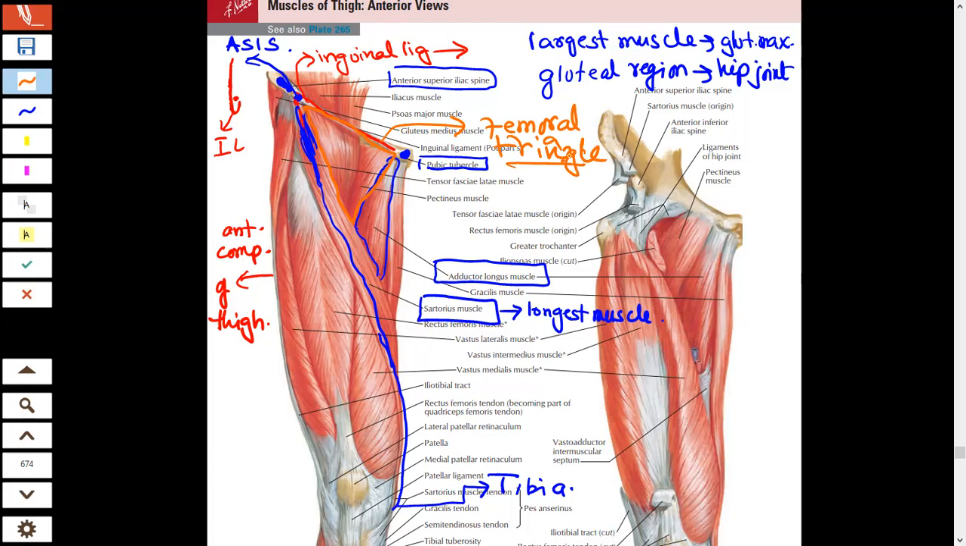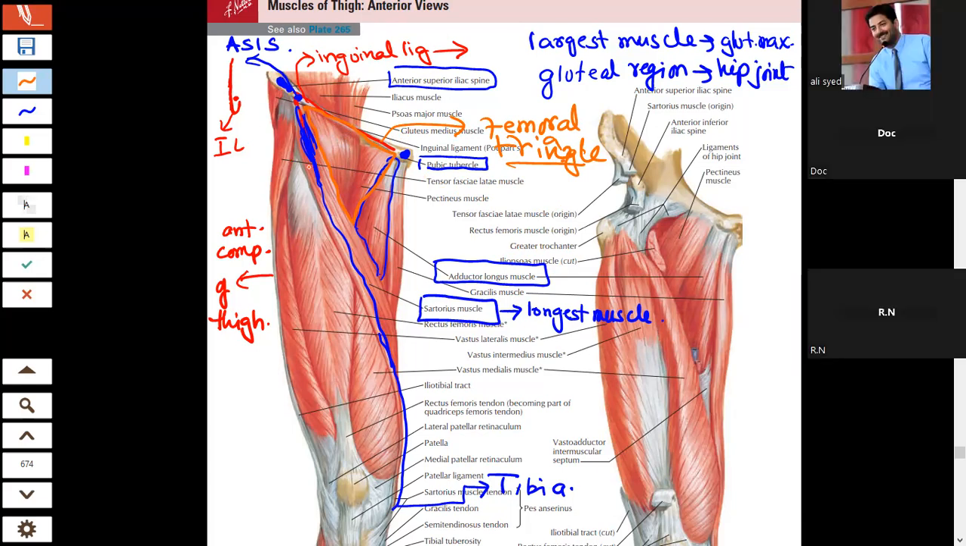Okay. So why is this femoral triangle important? Number one thing, first you must know what structures are forming the femoral triangle. The femoral triangle, superiorly, is formed by the inguinal ligament. Laterally it is formed by the sartorius muscle, this one. And medially it is formed by the